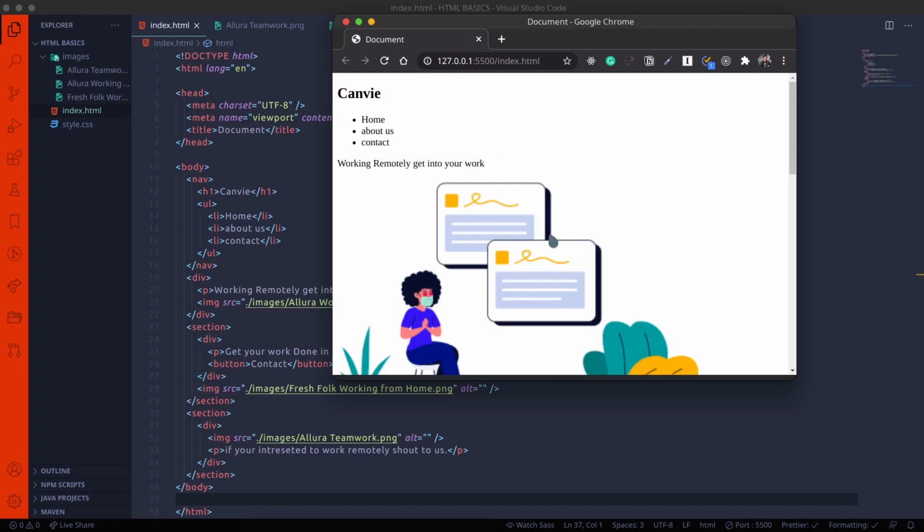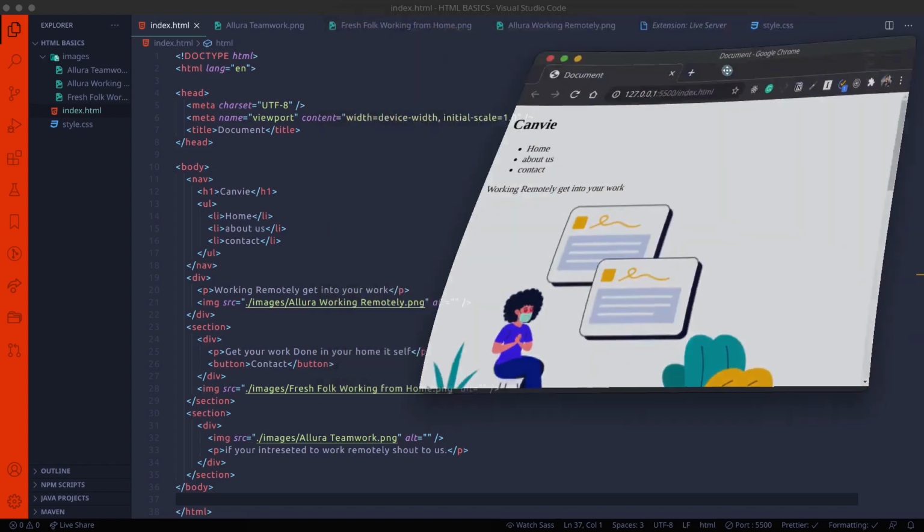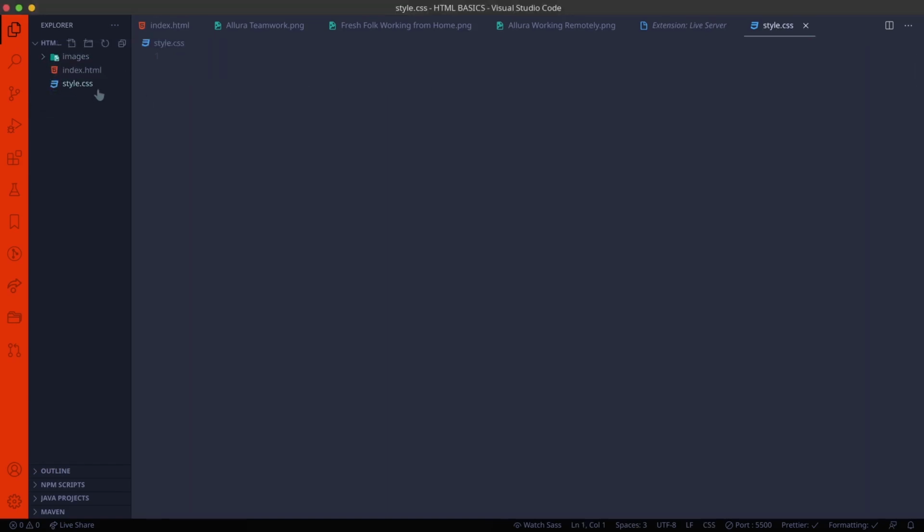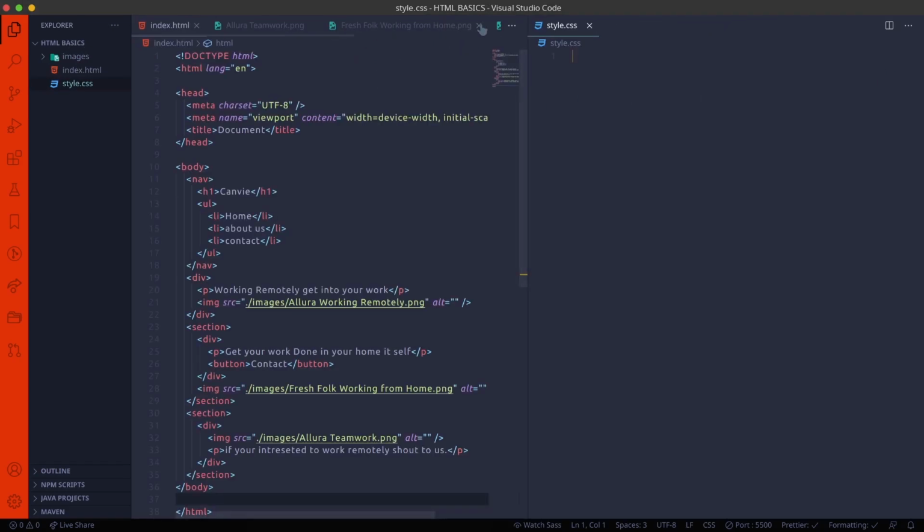So here you can see the image and the p tag. So now we will style this web page, and you can see that after styling, it will be so beautiful and clear. So now let's get started with the style section. Open the style.css file. I'm splitting this one.